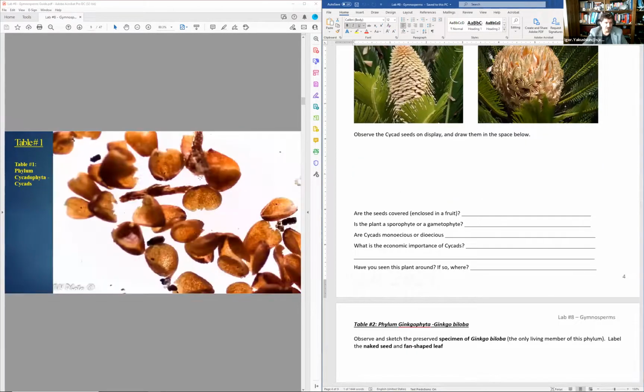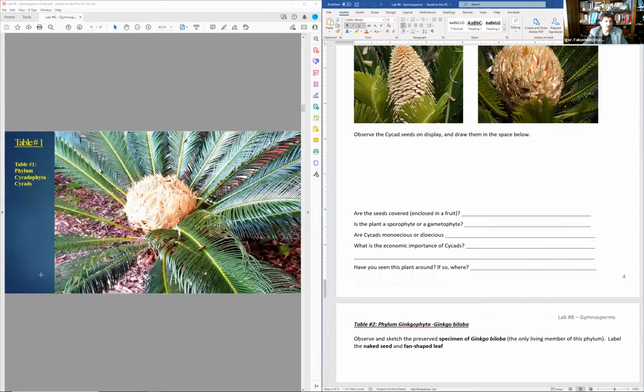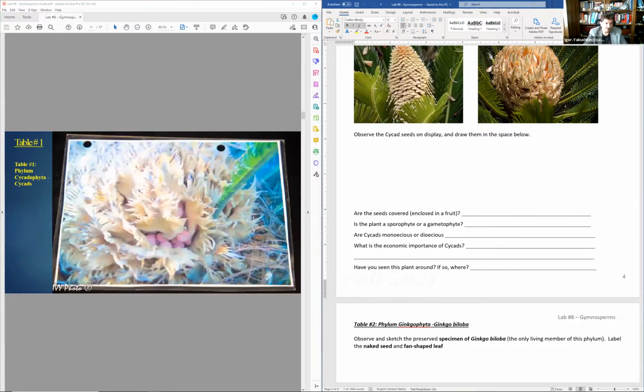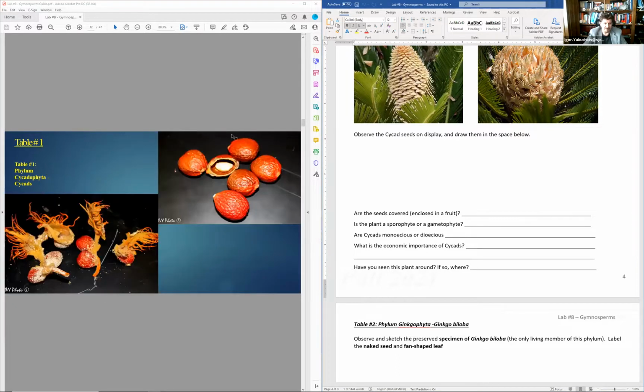And this is the pollen under the magnification. Here we're looking at the female cone, so female plant, female cone, and then if you open those leaflets, you will see the nice orange seeds. And this is what the seed looks like. You see those leaflets covering the seed, and they are relatively large. You can see that this is the cover, this is the actual seed, and the sperm with the embryo right there.